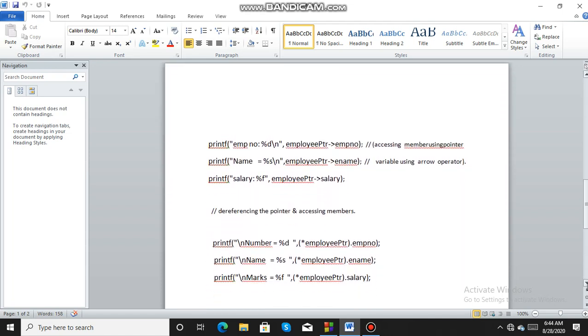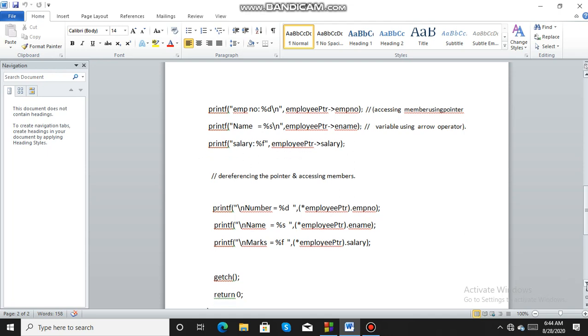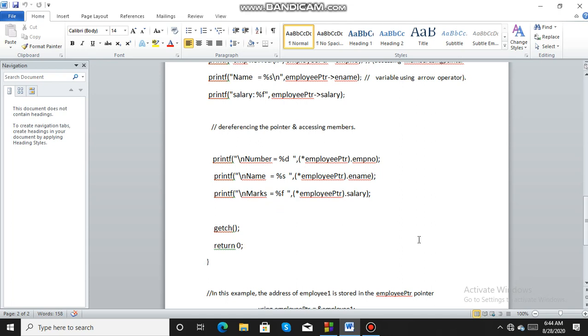Now the second method is accessing the structure members employee number, name and salary using the arrow operator and the pointer variable employee pointer. That same information can be accessed using this. Now the third method is indirection notation. In this case, you are dereferencing the pointer and then accessing the member. Care should be taken here.